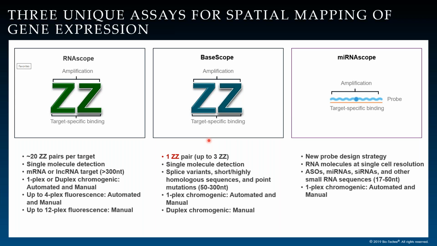And finally, our newest assay that was launched this summer, the microRNAscope assay, is designed for really short RNA targets that are between 17 to 50 nucleotides long. And these include your microRNAs, siRNAs, and antisense oligos. So based on the target of interest and your research requirements, you can select either the RNAscope, BASESCOPE, or microRNAscope